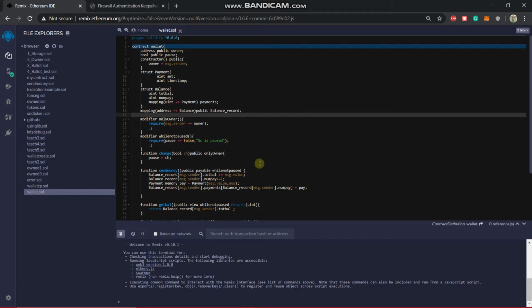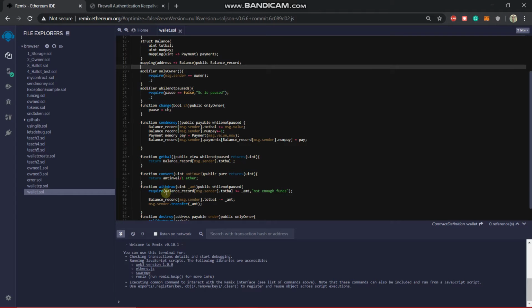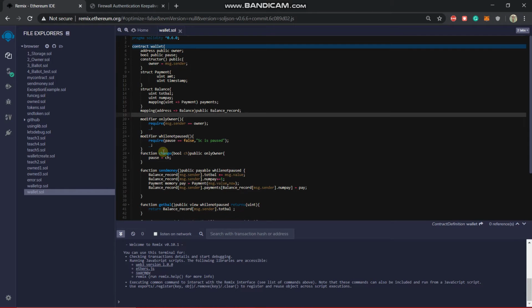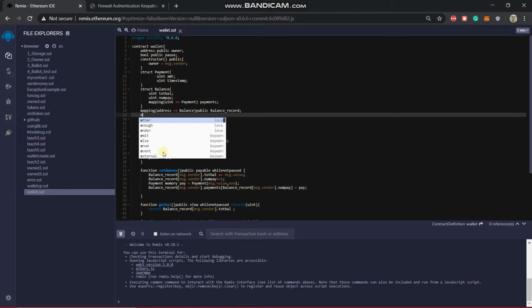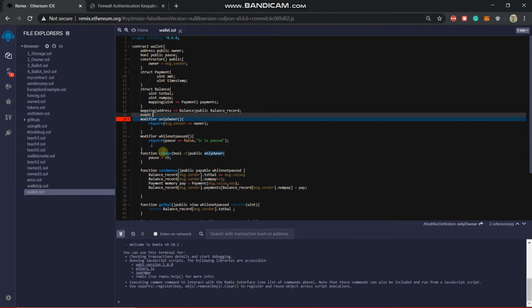So here we have one send money and one withdraw. Let's make two events for these two. So the syntax is event, then the event name, we can write it as sent money,